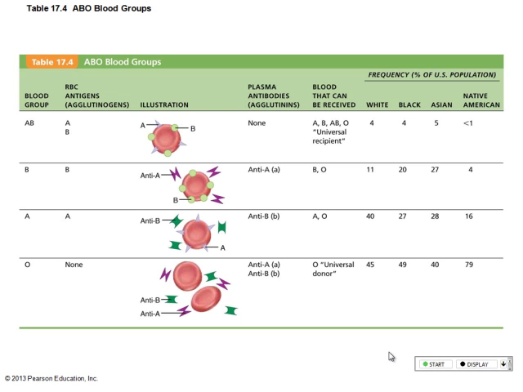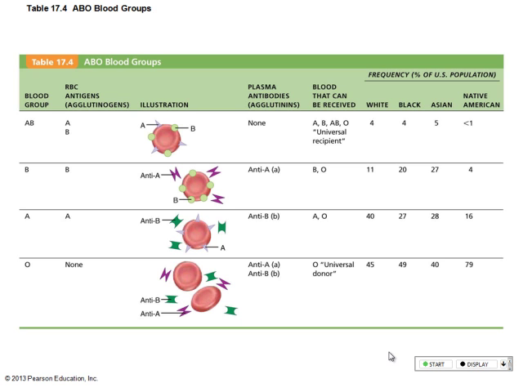I have both. I have A and B. So what type of antibodies do I make? Neither of those. Because that wouldn't be beneficial to me, would it? I'd attack my own cells. So if I'm type B, I have B antigens on the surface of my cells and anti-A antibodies in my blood plasma. If I'm type A, I have A antigens on the surface of my cells and anti-B antibodies in